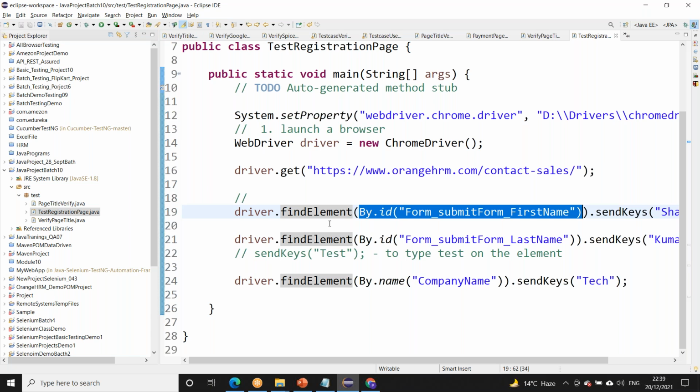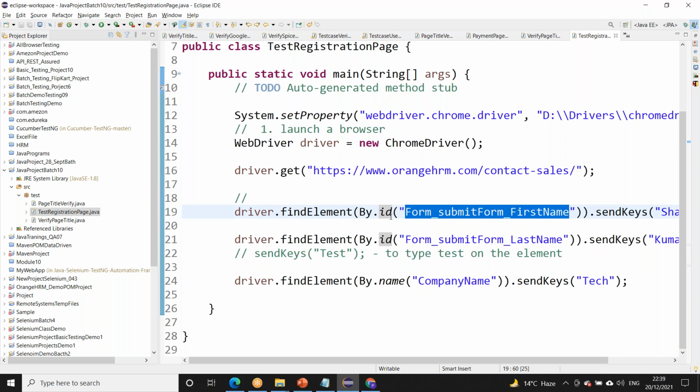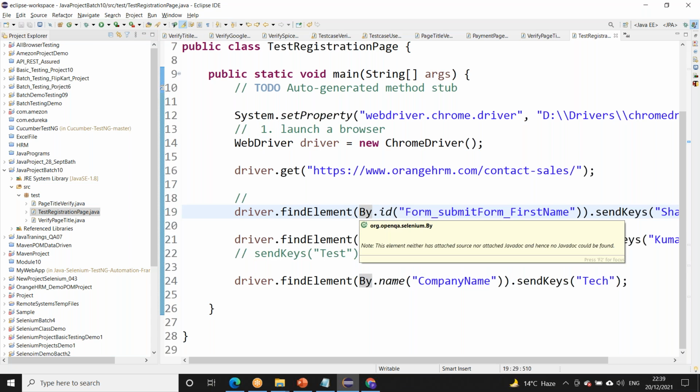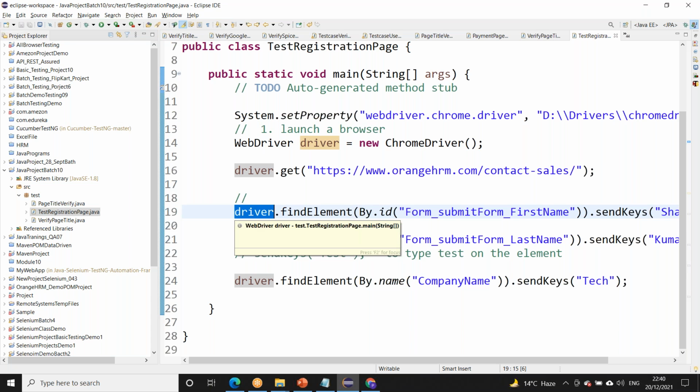Here we are using the id locator, which is available in the by class. By is a class, and id is a static method of that class. So we use the class name dot because it is a static method. Find element is a non-static method, which we call with an object.